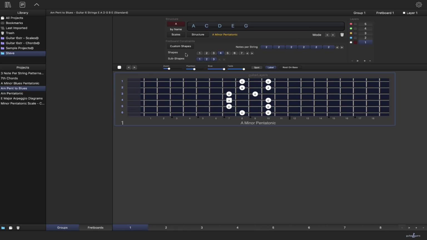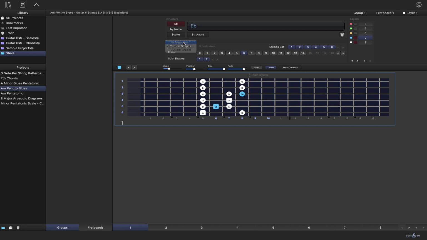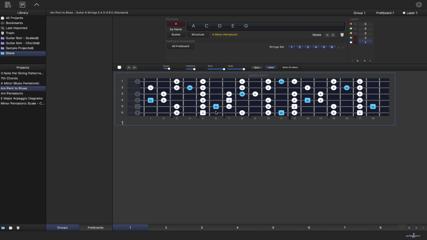Let's say I just went to custom shapes again, like I showed you before, and there's my first position. Okay, so that's the A minor pentatonic, but I want to show them the blues notes. So what I did was I created a second layer with the blues note in there. Now if I hold Shift again and I choose 1 and 2, it shows me both of those together. How cool is that? Now I can take that and switch it to all fretboard, and then go back to this one here and change that to all fretboard, and now I've got A minor pentatonic plus the blues notes